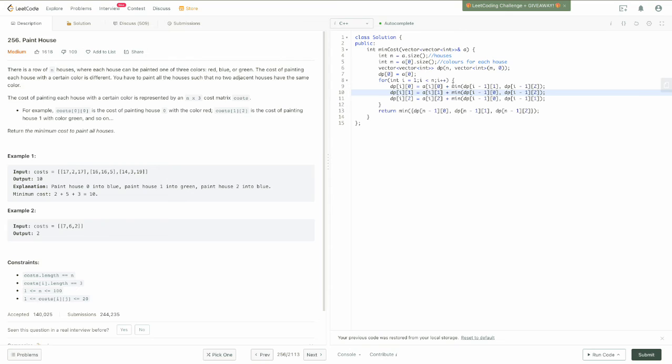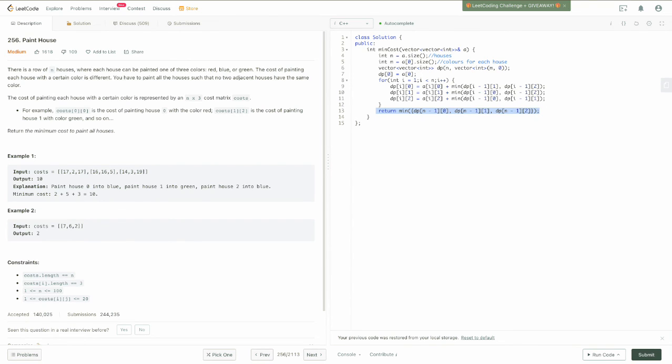So you are doing it as minimum of dp[i-1][1] and dp[i-1][2], because this is the 0th color, so you can take the first color or the second color. Okay, so next is you are coloring the house. If you choose to color the house with 1, then you can take the 0th or second. Okay, and if you choose to color it with 2, then you can take either the 0th or 1st on the previous, whatever is the answer to the previous houses. And you have to add the cost A[i][j], simple, and then you have to return the minimum from the last